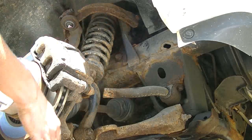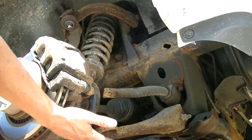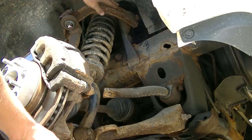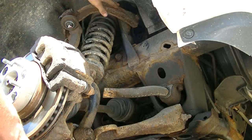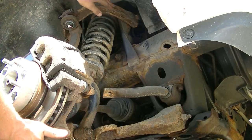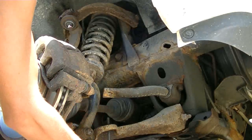So I set the truck down on jack stands under the lower control arms so I could preload the suspension, and then I was able to tighten up the upper control arms. You're supposed to preload the bushings before you tighten the bushings. You're supposed to preload the suspension, so I did that, and I got one more sway bar link to put in, so it's gonna be